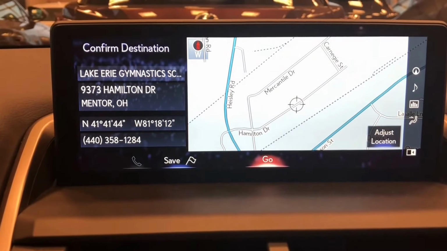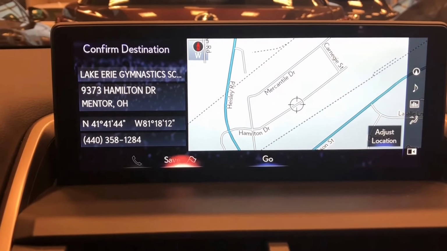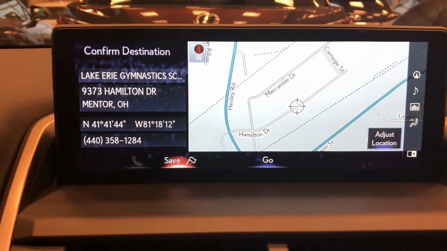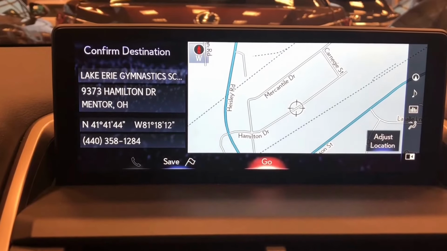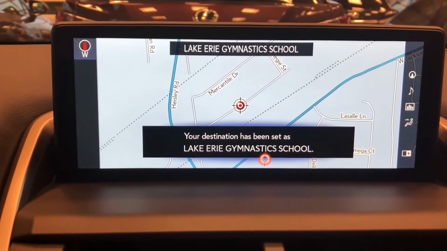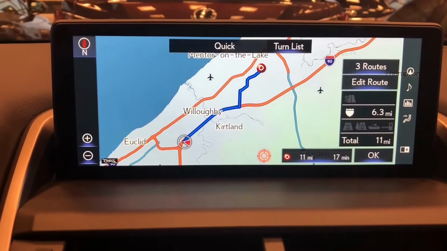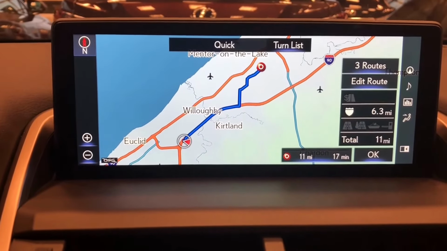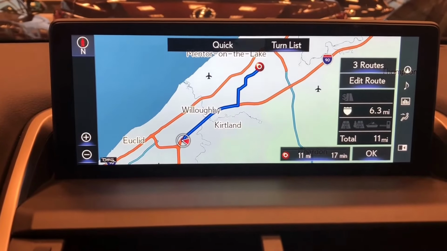If you wanted to add that address to your address book, you just click this Save right here, and it'll be saved to your address book. Or you can just hit this Go, and it'll get the directions for you. From this point, you can start the navigation, or if you want to change the route you're going to take,